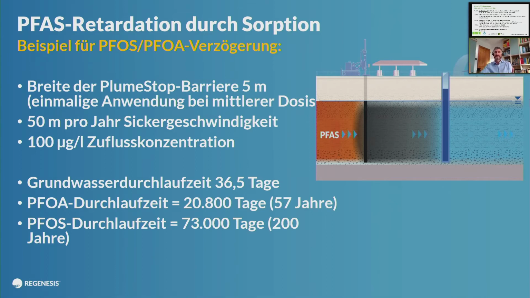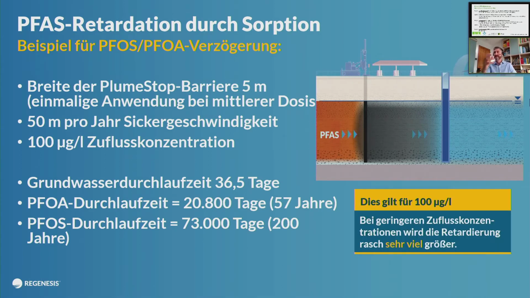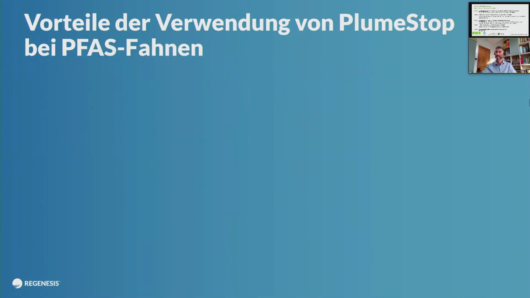So it's an extreme example in this case, but actually, a lot of these sites have lower concentrations, and if you look at the isotherms, the way they curve towards the lower concentrations, they actually sorb better at those lower concentrations. So you can get an extremely long period of sorption. Of course, you have to take into account the groundwater flow rate, the level of contamination, and then other things that it will sorb as well. It's not just PFOA and PFOS that you might be aiming at. There's all the precursors, there are other contaminants there, etc. But these things can all be added into the model.